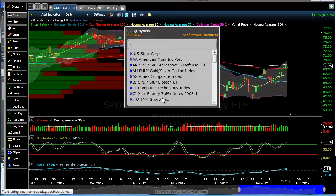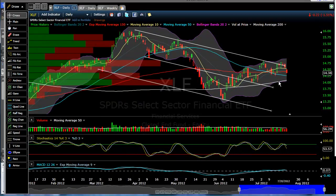XLF, I mean, at some point we're going to get near a buy point. It'd be nice to get oversold and remain above this lower trend line or this midpoint that I've drawn in here as well. Okay, if we come down to this lower trend line and look like we want to bounce, I'll start looking at the banks for a long trade. For the time being, I mean, bonds are going crazy. All right, let's take a look at